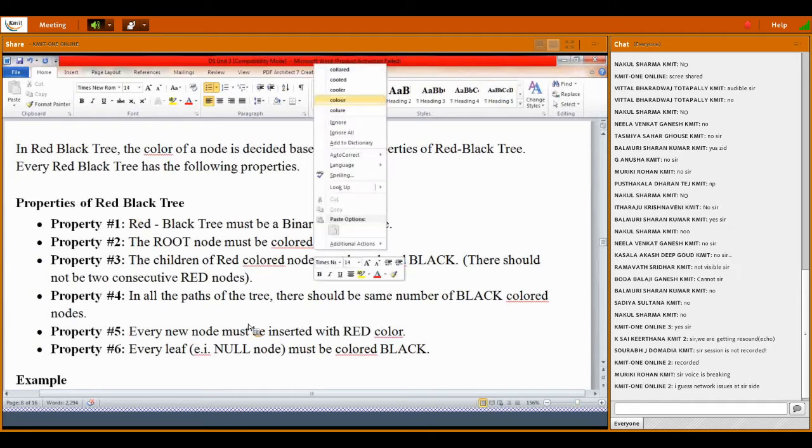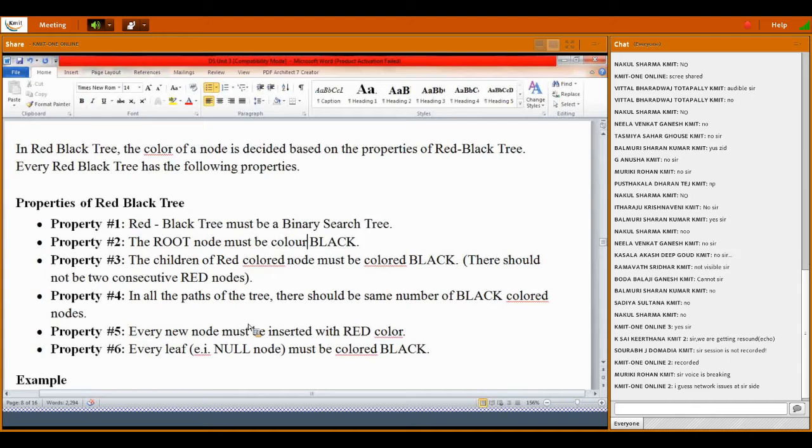And the fourth one is that in the tree, there should be the same number of black colored nodes. If you see any path from the root to a leaf node, in all the paths there should be the same number of black colored nodes.